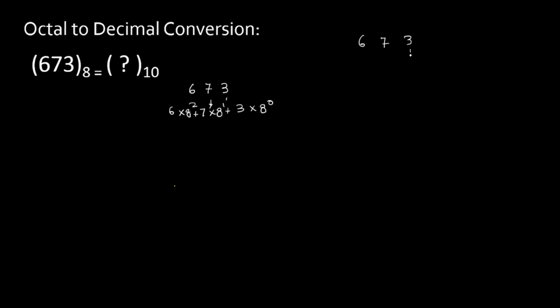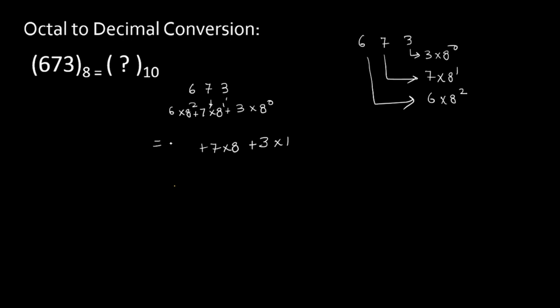Now understand this way: 3 multiplied by 8 raised to power 0, 7 multiplied by 8 raised to power 1, and this 6 will be multiplied by 8 raised to power 2, as 3 is the LSD and 6 is the MSD. So this can be plus 7 multiplied by 8 plus 6 multiplied by 64,